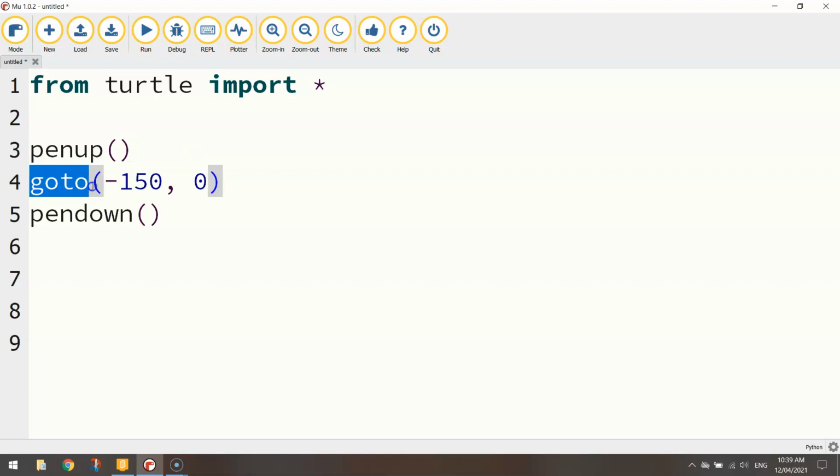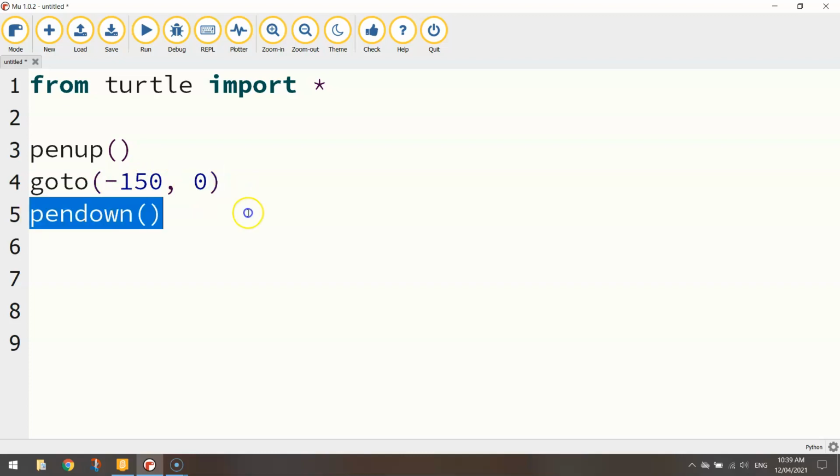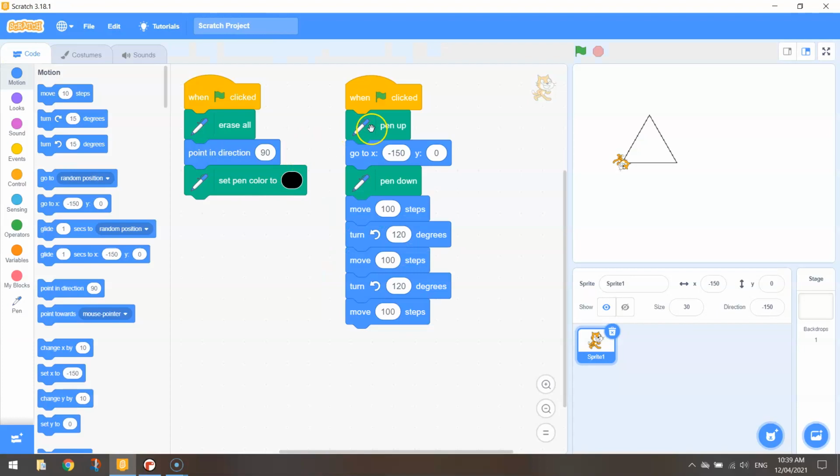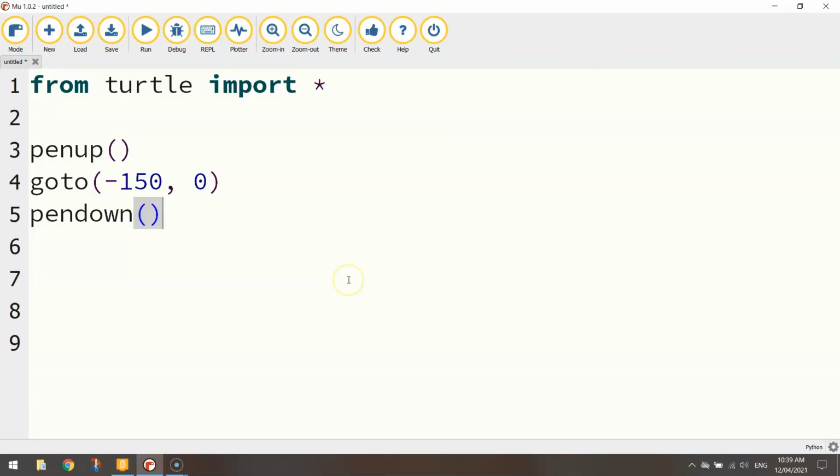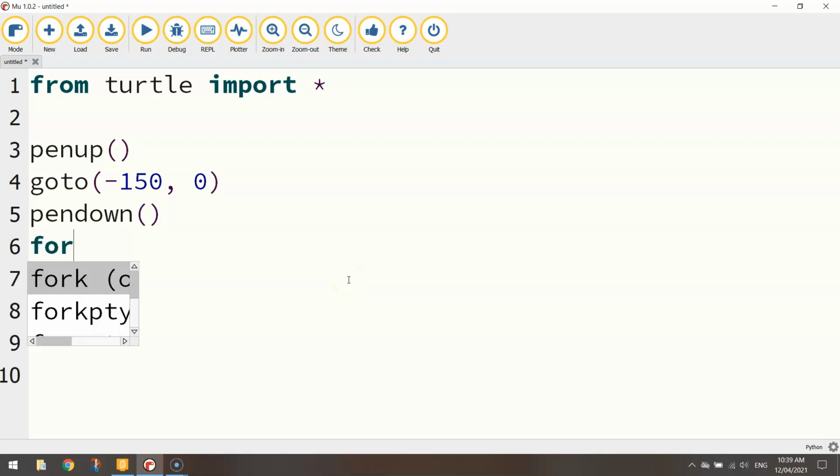We use this bit of code called goto to go to these x and y coordinates. And then we put our pen back down on the page. So as you can see, it's not that much different from the first 3 blocks of code we've got here. Okay, we're then going to tell it to start moving. The way we move using real code is simply write the word forward. We're going to move forward